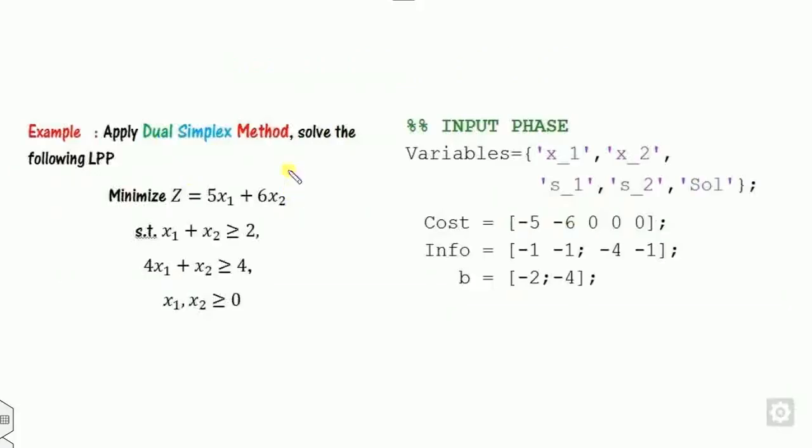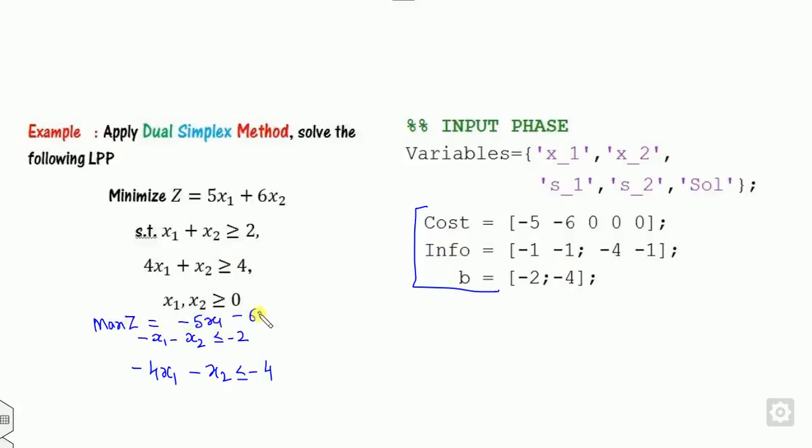I will show you one more time. Okay, so if you want to solve the next example, the only thing you can change here is, okay, how many variables are there? You first convert this into the less than sign. So this becomes my constraint here. Okay, this is an objective function. You have to convert it to maximization, otherwise the rule will change. So here, look at that cost.